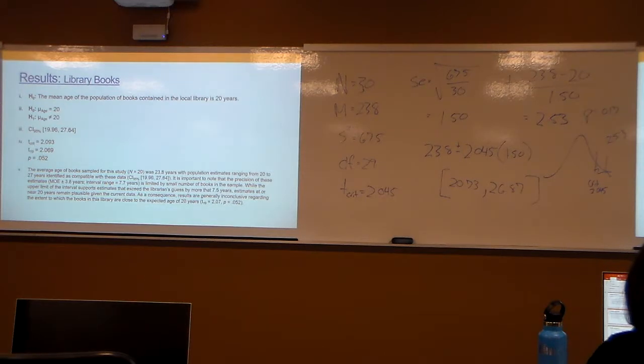We don't think about this enough. We just collect our samples of convenience and don't think about the populations to which we're hoping to generalize. I think this is a nice exercise to state that we are, in fact, thinking about populations, and talking about the units in terms of what we're actually looking at here. So we've got mean age of population books contained in the local libraries, 20 years. Our statistical notation,